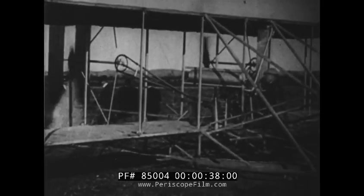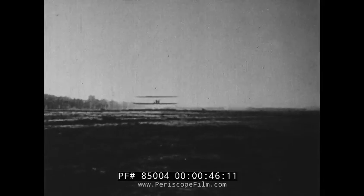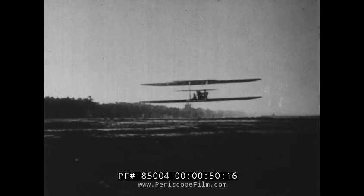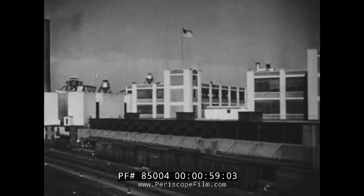Wright was born with aviation on the sand dunes of Kitty Hawk in 1903. Born the December day that Wilbur and Orville Wright introduced flying to a skeptical world with an engine-driven contraption of wood and cloth and wire. For the Wright brothers, 6 years later, formed the little company which grew into the great Wright Aeronautical Corporation at